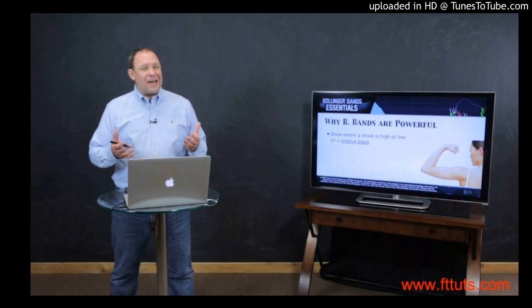We're getting into class number 4, which means we're going to start talking about pulling everything together into the actual plays that we use with our Bollinger Band. So there's 3 specific plays. We've already talked about them. We've got the squeeze, the trend trade, and the reversal play. We're going to look at those here, and then we'll do a quick wrap-up. By the time we're done with this, you're going to have a pretty good idea of how to start trading with Bollinger Bands. So let's take a look at the first one, play number 1, which is the